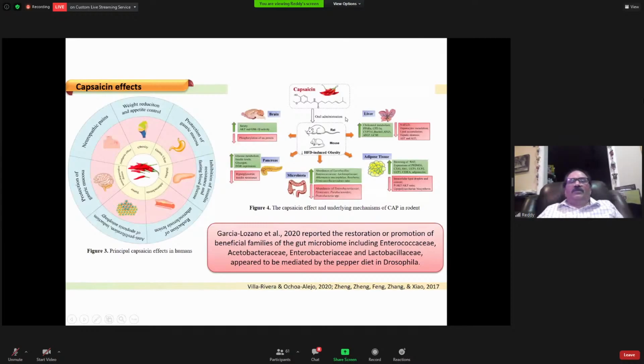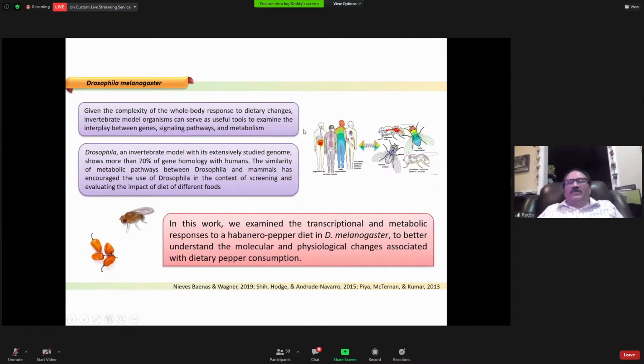And then a lot of studies already published. The genes, especially the brain-related genes, or liver-related, or fat-related, or pancreas-related, these genes are individually validated in the rats to understand what is the effect on the rats, and found the capsaicin has an effect for various different features here, you know. And then we wanted to see what happens. And again, whatever happens to the fruit fly, we can translate this information to the humans.